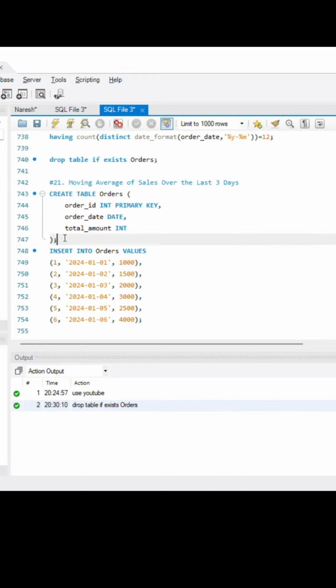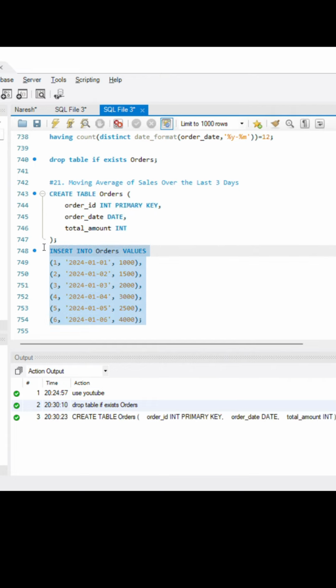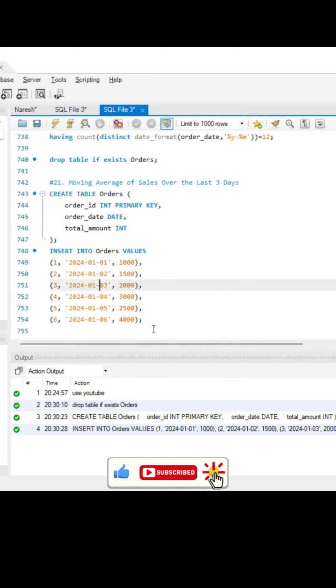Friends, first we create this orders table. This table has order ID, order date and total amount. Then we create this, and next we insert the values. After the insertion, we find the moving average of sales over the last 3 days and write